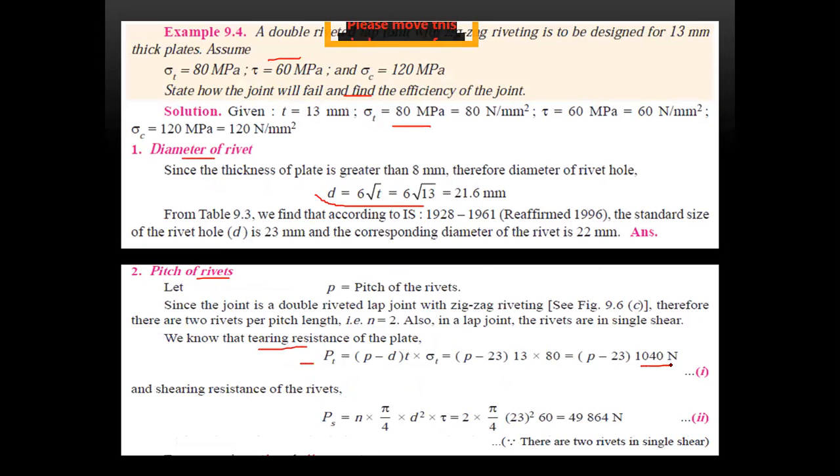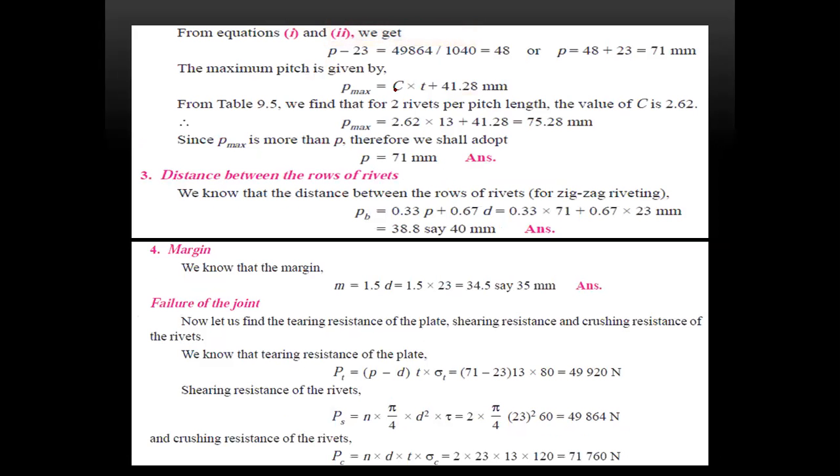You are getting this one. We have to find the pitch. Therefore, the shearing resistance PS is equal to this formula, and we get this one. Okay, next, from equations 1 and 2. So when the pitch is not given, find it like this, take equations 1 and 2, and substitute; then the P value comes. Then the maximum pitch, P max, is equal to